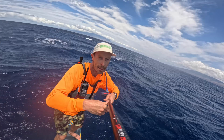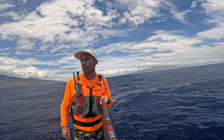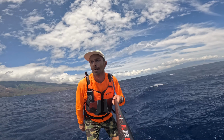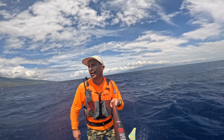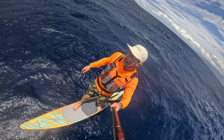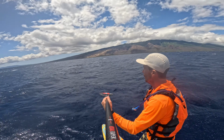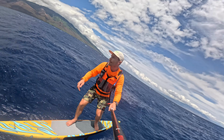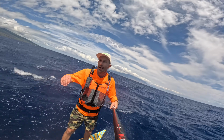Dylan's way outside of me still, but he's doing fine. He's making me feel like I'm all right, because I got no boat here to tell me my line. So without Dylan being out there, I probably would be feeling like I'm too far out. But I got 10 miles left to work my way right. So you can see how lined up everything is. You can really rip turns in this section, but it's so offshore,